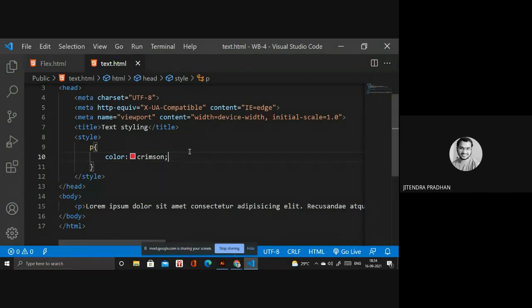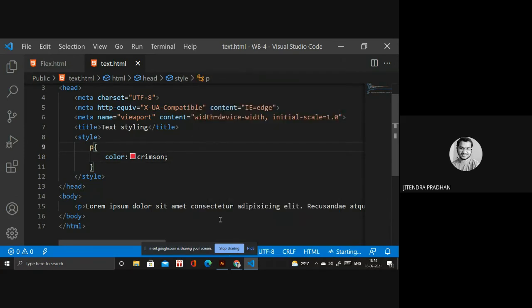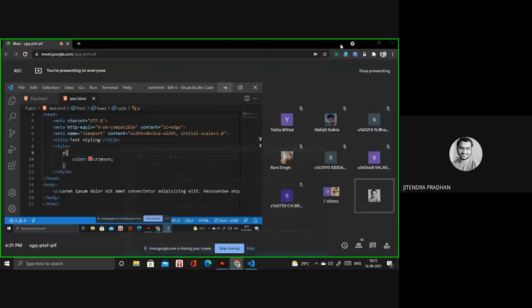And next we have to open that one with live server. Wait 2 seconds, it will be opening soon. So I will see how it looks. Then we have to go to the other properties we have in font styling.